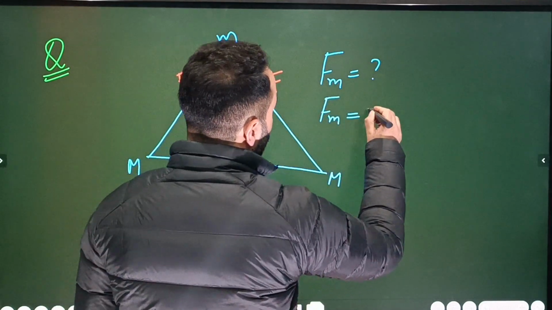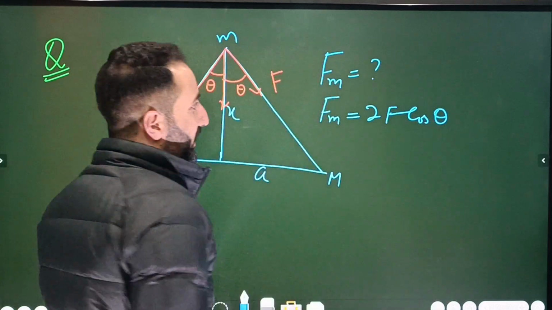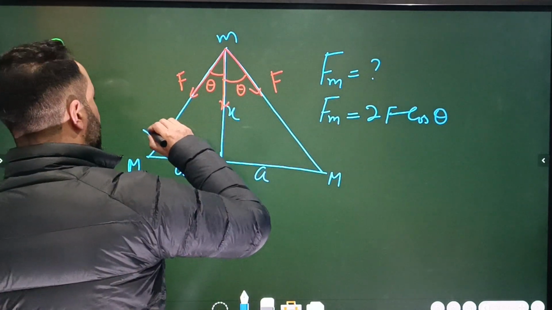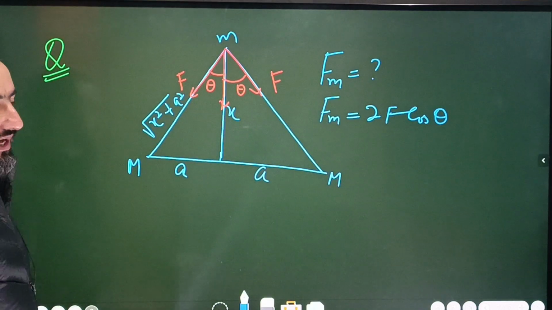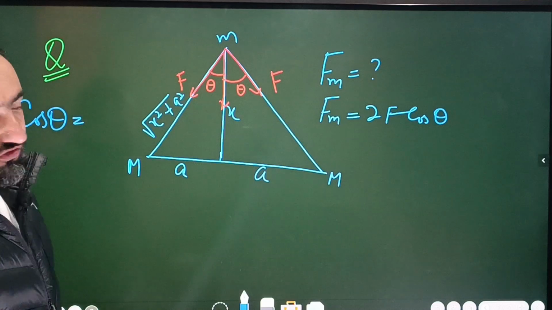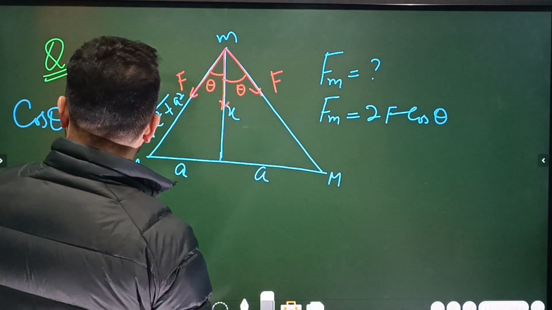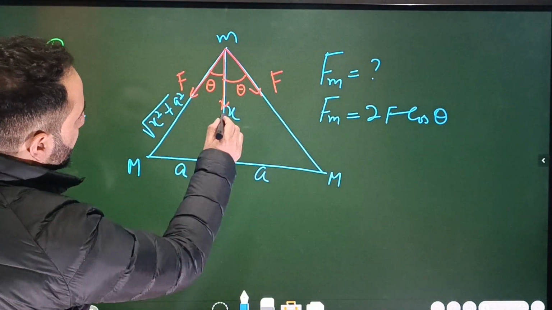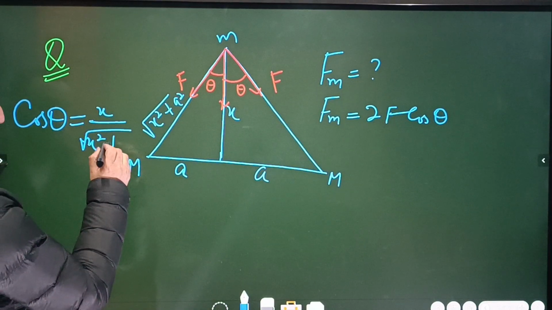बोलो बेटा कितना आएगा बेटा, that will be equal to twice F multiplied by cos theta. ठीक है ना बेटा। अब बोलो, this is x, तो बोलो बेटा ये डिस्टेंस कितना होगा, रूट ऑफ x स्क्वायर प्लस a स्क्वायर। ठीक है बेटा, तो पहले हम यहाँ cos थीटा लिखेंगे बेटा। बोलो बेटा cos थीटा किसके बराबर आएगा, that's equal to base divided by hypotenuse. तो बेस क्या है बेटा यहाँ पर, that's equal to x, hypotenuse क्या है बेटा, रूट ऑफ x स्क्वायर प्लस a स्क्वायर। समझ में आया बेटा।